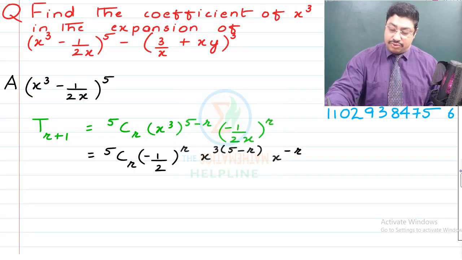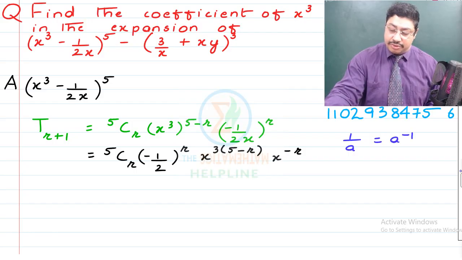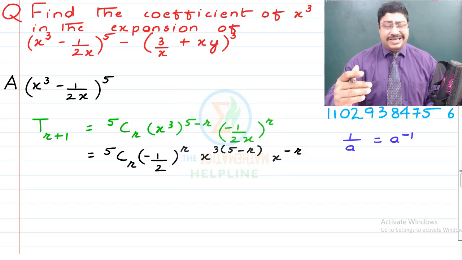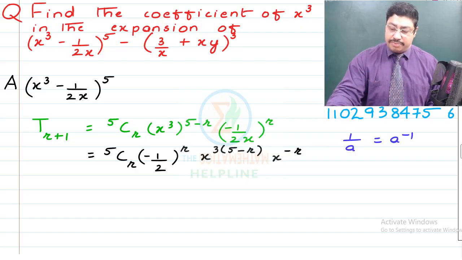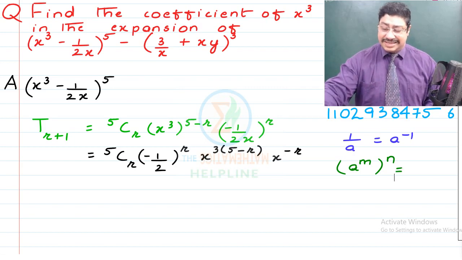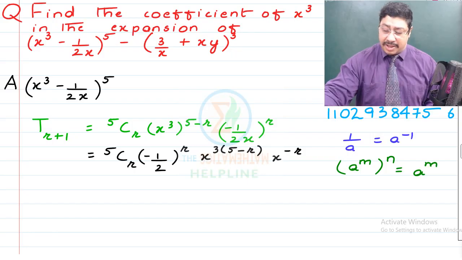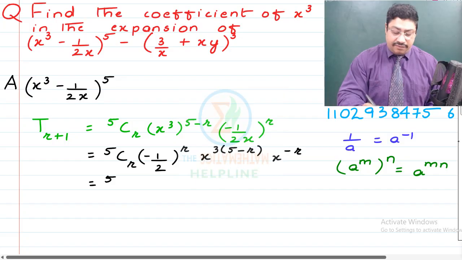That's because 1 upon a can be written as a raised to the power minus 1. So this x came over to the numerator, with its power being minus 1. And then I'm sure you must know that (a raised to the power m) raised to the power n, by the power rule of exponents, gives us a raised to the power m into n, right? Now children, continuing this, we are now going to simplify this. So further, this is going to become equal to 5Cr